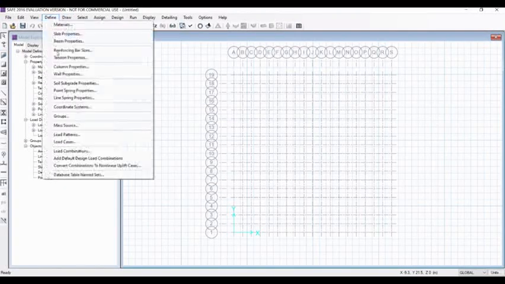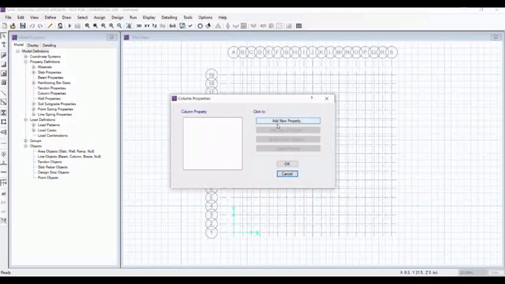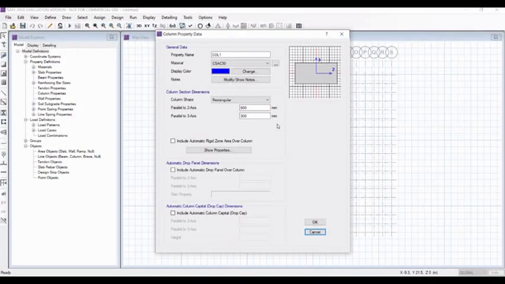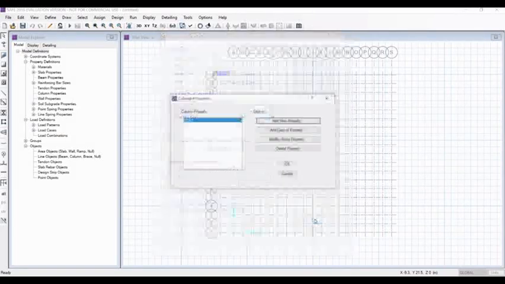And we will do the column definition, going to column properties, add new property. According to our problem, we know that there are only two types of column. One column of 500 into 500 size and another column of 600 into 600 size. So we'll just go to the first, 500 into 500, and press OK.